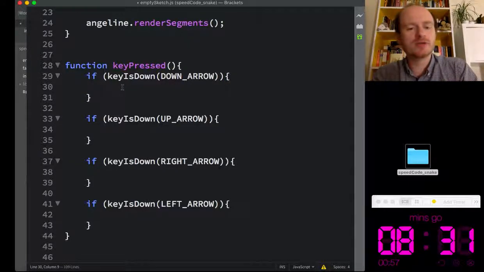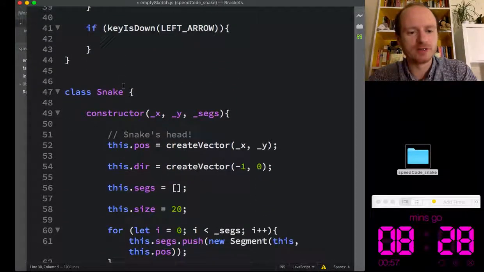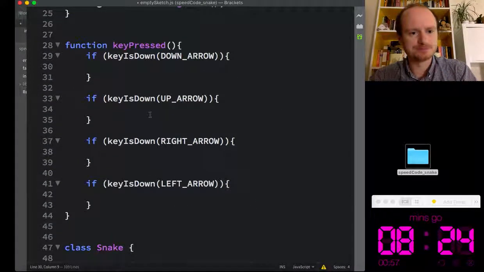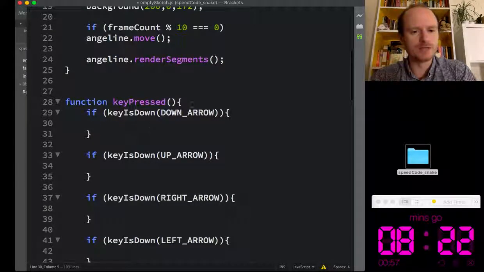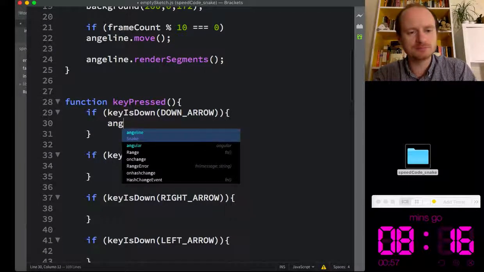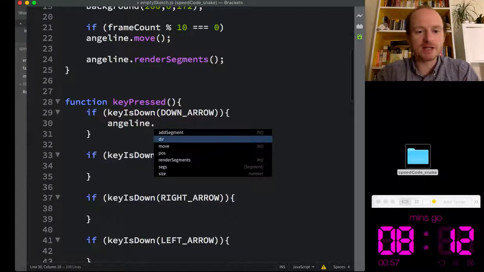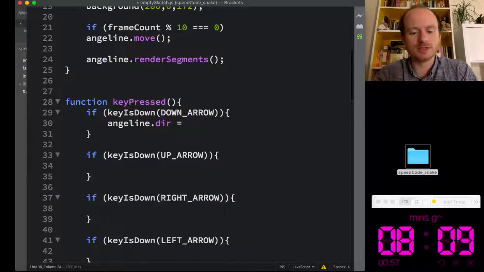Okay, so essentially what we're going to do here, this is going to be really similar to my other code. I'm just going to change this snake's direction. Okay. Right, so I'm just going to hard code which snake we're talking about. Angeline, your direction equals